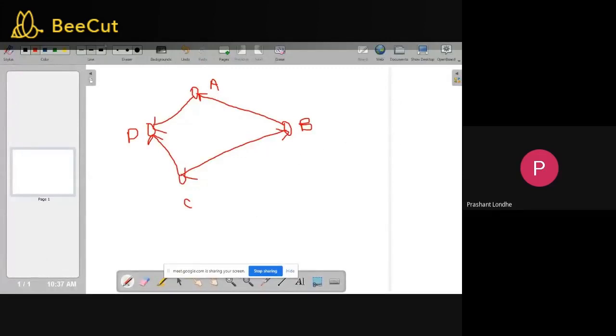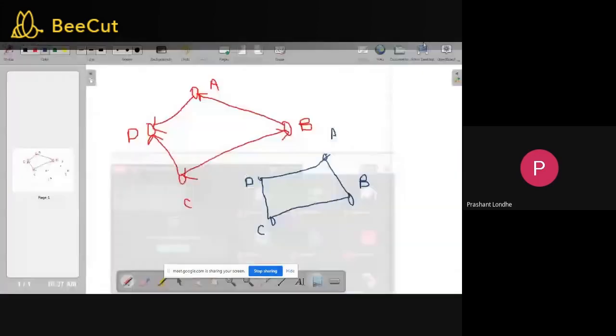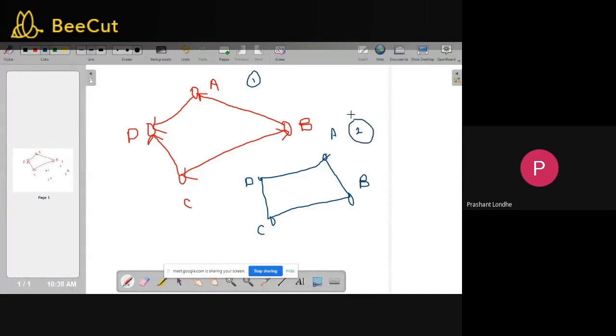Now, let us start with a normal graph. Let me draw another graph here. Same graph, A, B, C, and D. We are supposed to work with all these kind of graphs. So let's start with this. A is connected with B, B is connected with C, C is connected with D, and D is connected with A. But we don't have the direction over here. So this will be graph 1 and this will be graph 2. Now let us explain the things in detail so you will get the idea.